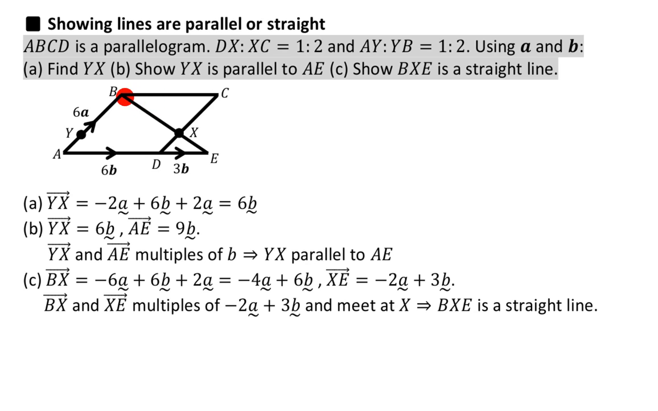So over here, from B to C, let's assume we know that it's equal to 6B, and from A to E is equal to 9B. So this one's 6B, this one's